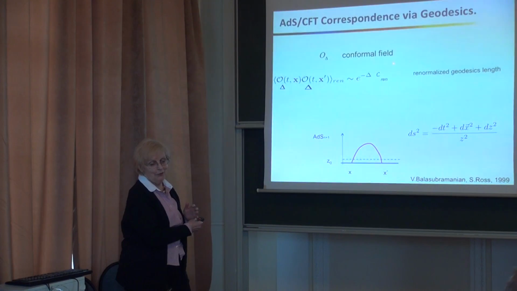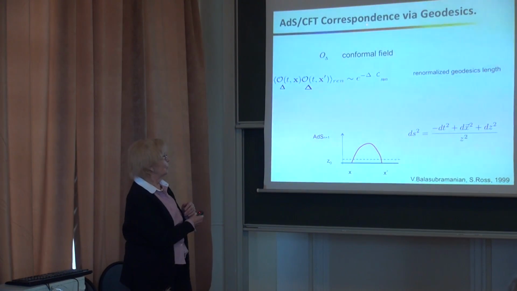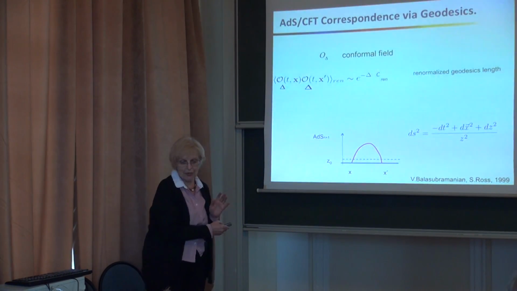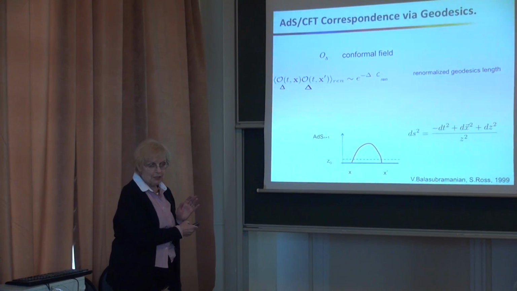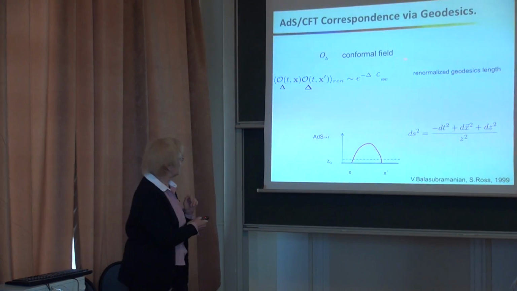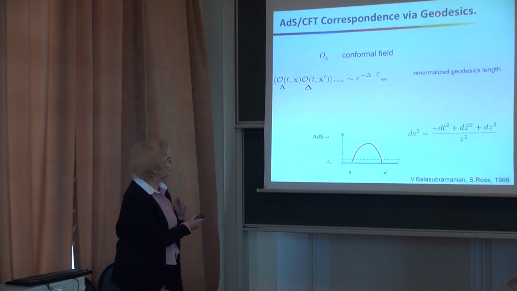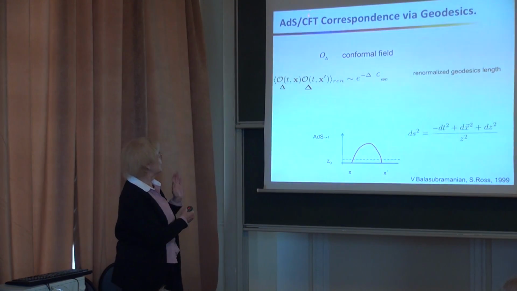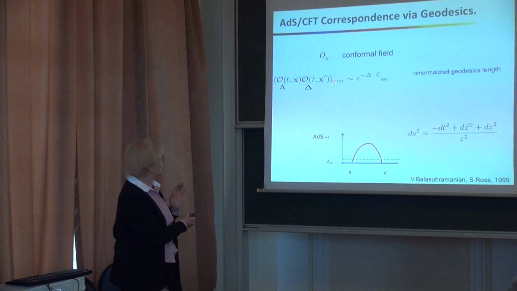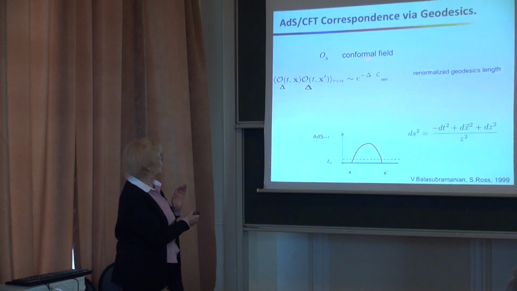And to give you a few examples, let me also do some simplification. So instead of solving a Dirichlet problem, which concerns just a solution of some classical equation, we can use the geodesics approximation. This is a very useful tool. What does this geodesics approximation mean? According to this version of holography, the AdS/CFT correspondence via geodesics, to calculate some correlator, for example a two-point correlator of some conformal field with conformal weight delta,